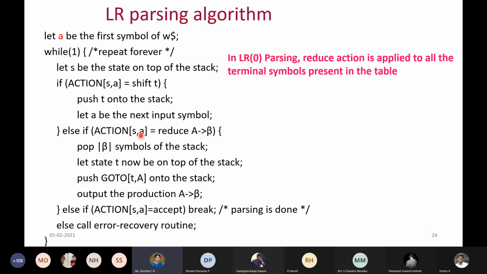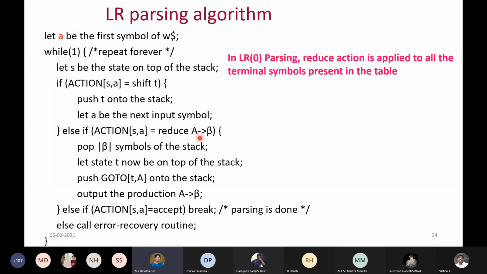Okay, along with the state information I had, and along with all the symbols we just take out. After taking out, some other symbol will be there now on the top. Means I had some state, I removed something, and after popping all my beta symbols, what am I going to do? I am going to push A onto the stack.